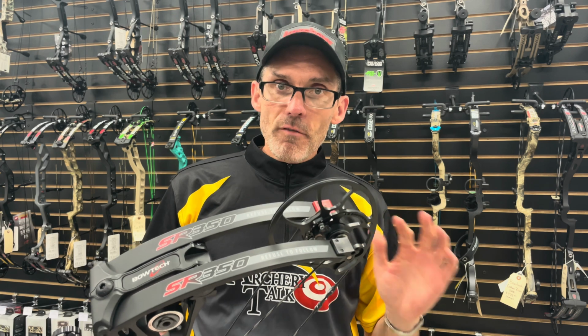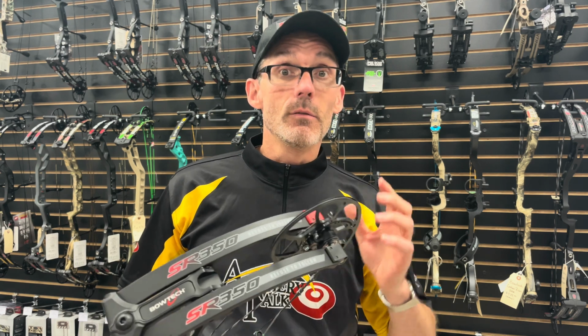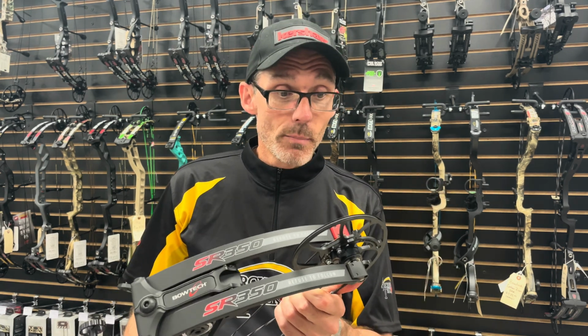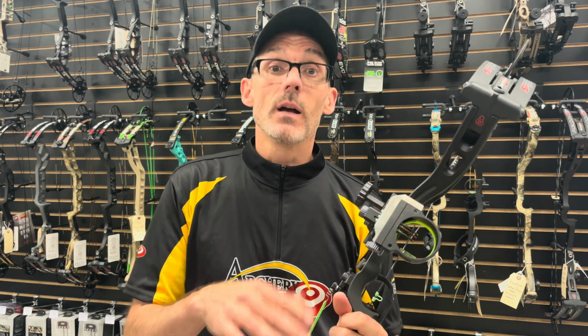I wouldn't call it soft by any means. It's got just a little bit of pull through, which is my preference. All of the bows I've got in this year have cable stops, which I greatly appreciate. I don't tend to shoot limb stop bows as well as I do cable stop bows, but your mileage may vary. When it comes to accuracy, I don't know that I've shot a speed bow better than I've shot the